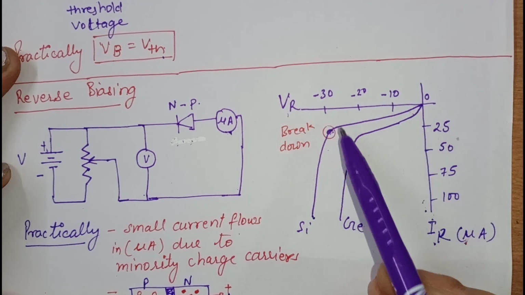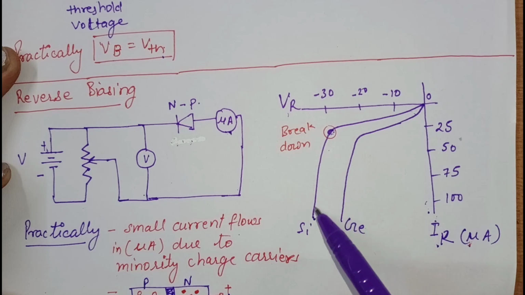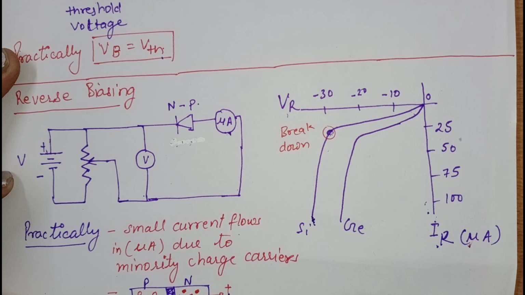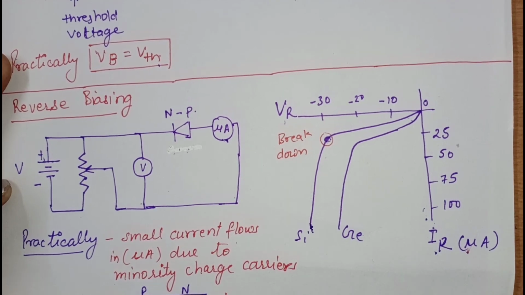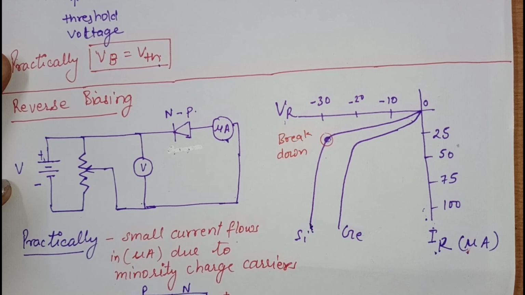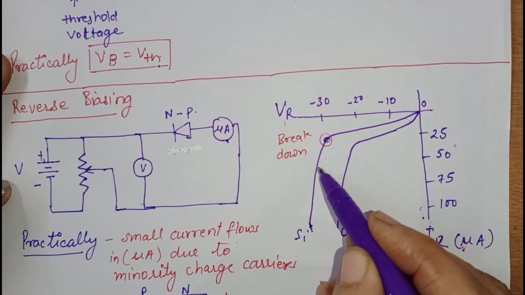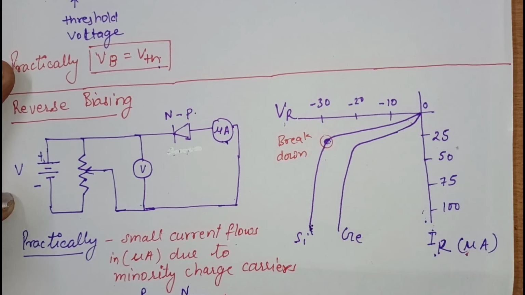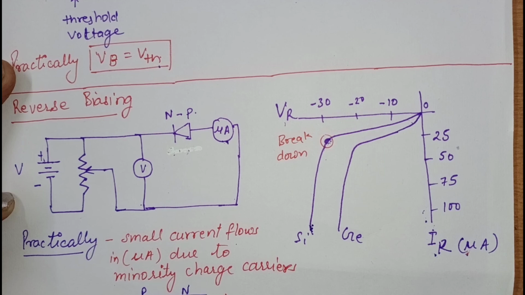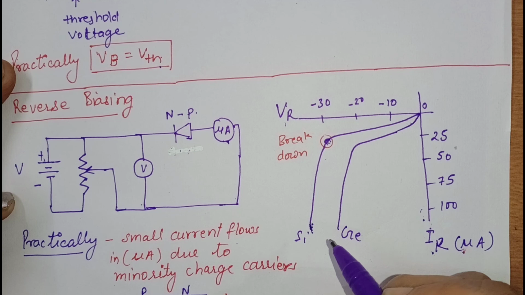When we apply a reverse voltage beyond a certain limit, there is a sharp increase in the current. This increase in the current is due to these minority charge carriers. When we apply a high reverse voltage across the junction, the kinetic energy of these minority charge carriers becomes so high that they knock out electrons from the atoms. So the number of charge carriers available for current conduction is very high, and the current increase in this case is very high. In this case the junction breaks down, meaning the junction is destroyed and the diode is also destroyed. So this condition should never be reached.